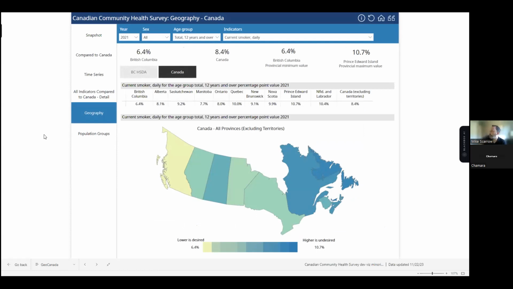So next we'll go to our Canada map here. So here's our Canada map again, looking at the indicator current smoker daily for these age groups, year and sex. Lighter colors indicate a lower value, with darker values indicating a higher value. And you can see just quickly glancing at Canada, looking at current smoker daily, it looks like